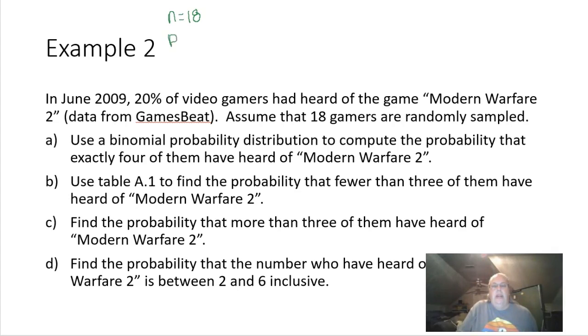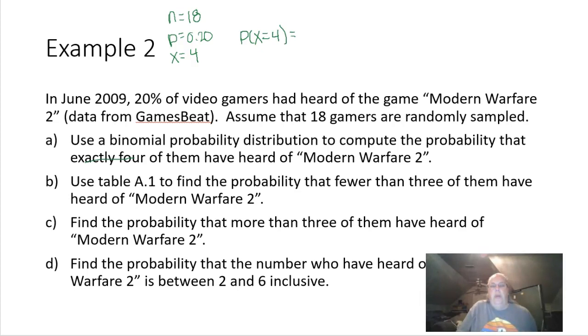The probability of success, these would be the people who have actually heard of this game. This is going to be 0.20. And then the number of successes we want, down here it says exactly 4, so we want 4. All right, and now if we want to find the probability of having exactly 4 people who have heard of